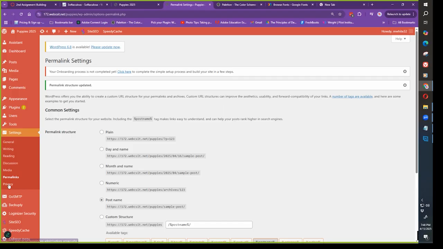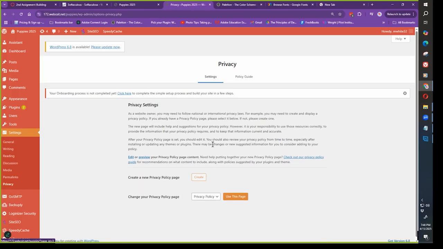Okay, the last thing is privacy policies, and it just creates a page. It's a general privacy policy that's been legally looked at by WordPress, and they don't guarantee it will protect you. They always say, read it, have your legal team read it, and then put it up. But it has been looked at by a legal team of people, and it will cover